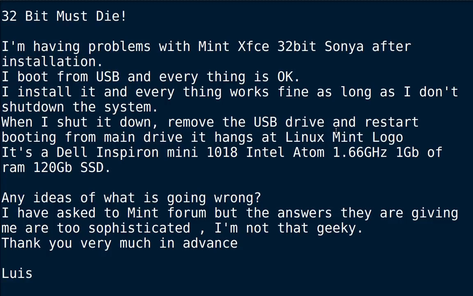But I'm getting a lot of things that are just one sentence. Somebody's just saying, Linux Mint doesn't boot for me. Well, I'm sorry, but you're not telling me anything. Somebody sent me a message the other day saying that Linux Mint was not working when it would go for updates, and it was giving them an error. And I posted back, what error? I mean, if you don't tell me what the error is, how am I supposed to help? And I never heard another word. I'm pretty sure I know what that was, and it probably fixed itself before they got my response. So that's why I never heard anything.